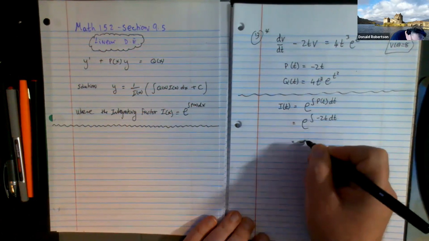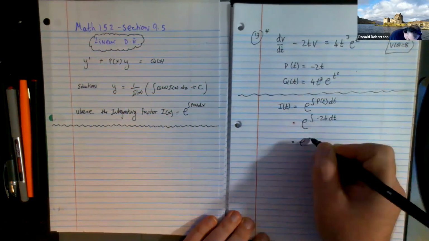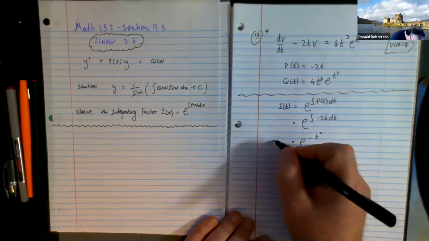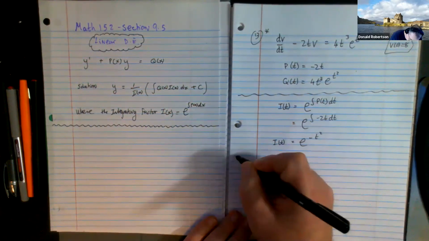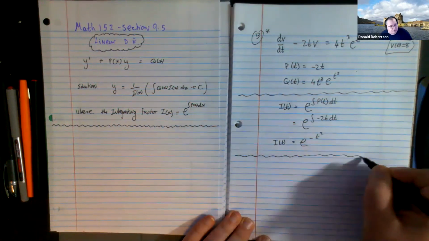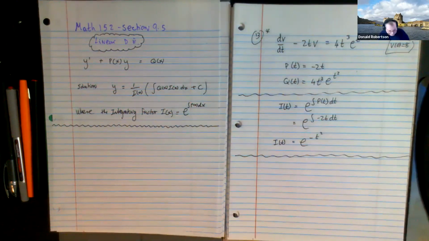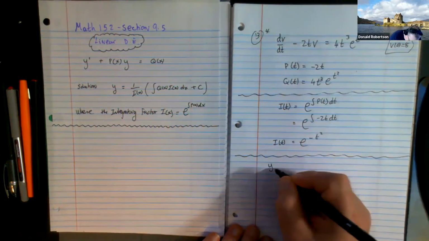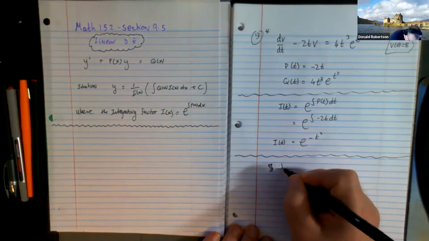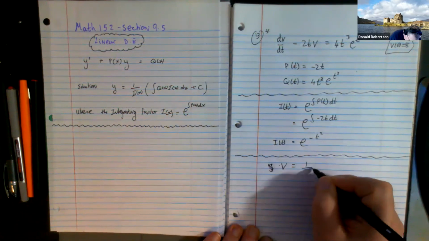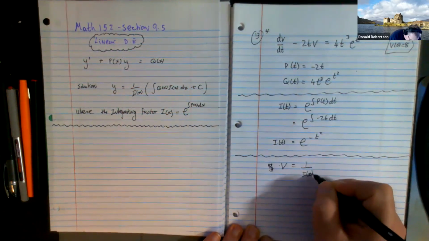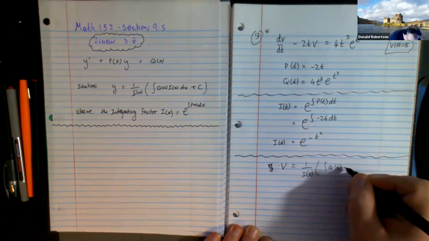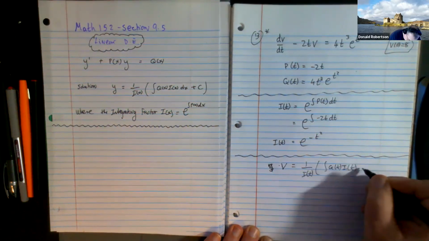If you integrate this guy, you get negative t squared. And that's it. You can't make it look pretty. That's as good as it's ever going to be. So, oops, our solution is now going to be V equals 1 over IT, the integral of QT, IT, dt